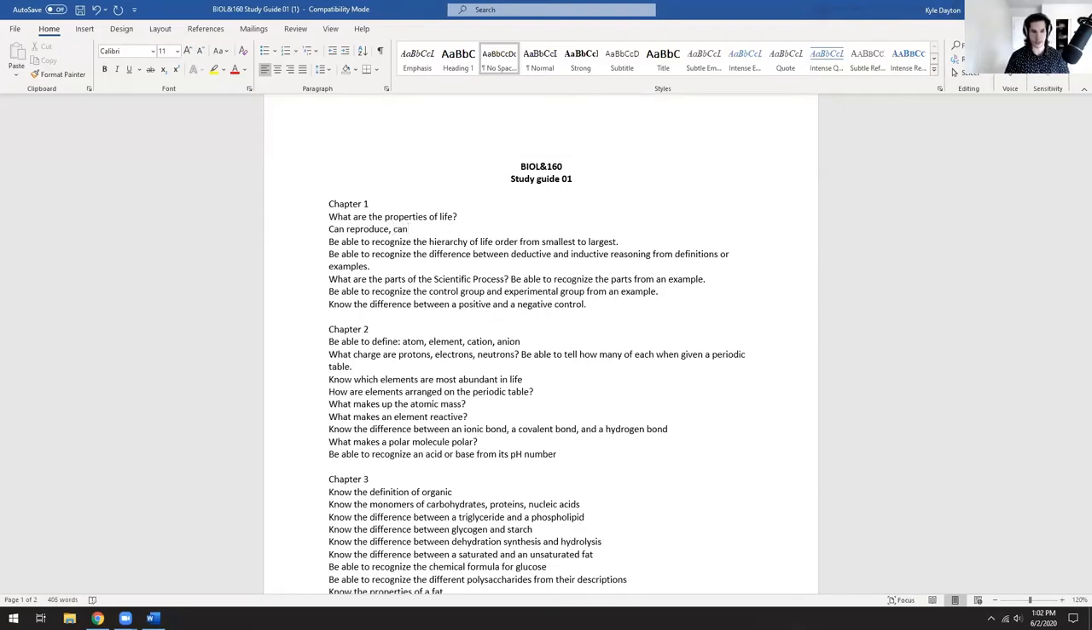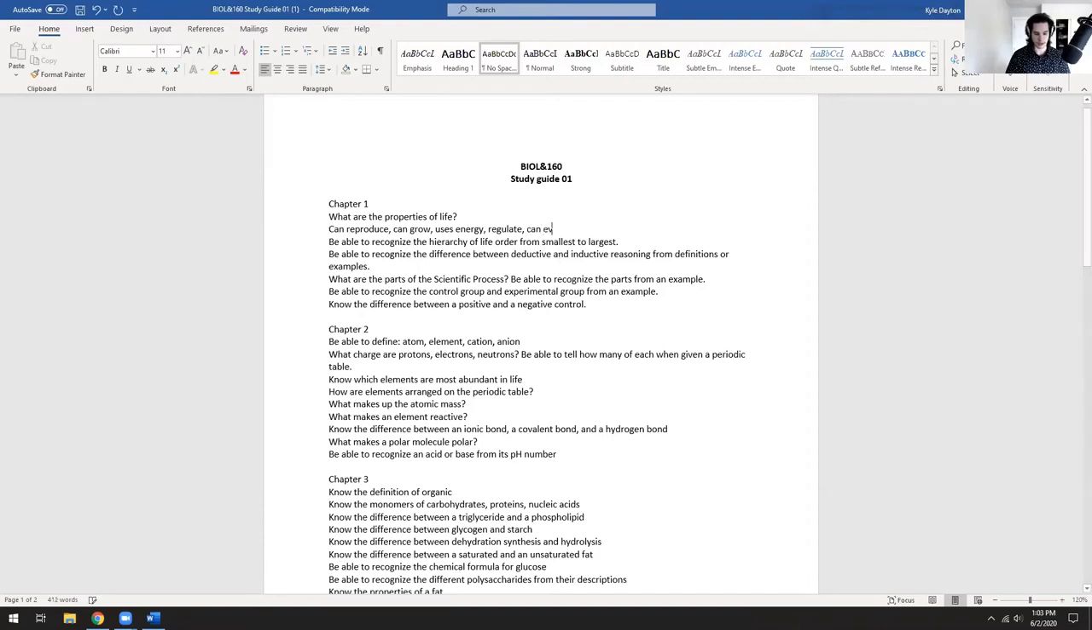Can grow, uses energy. Remember that list from day one? Yeah, regulate. So it has the potential to regulate its internal environment. So it has the potential for homeostasis. Reproduction, can grow, use energy,